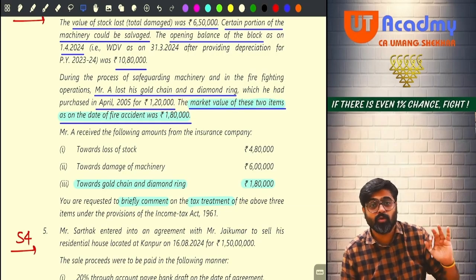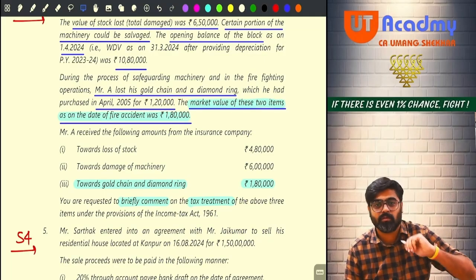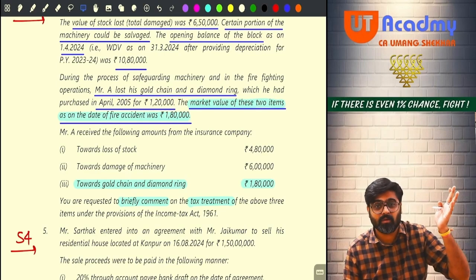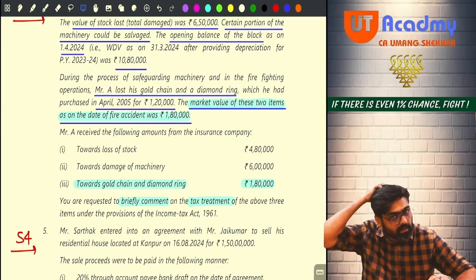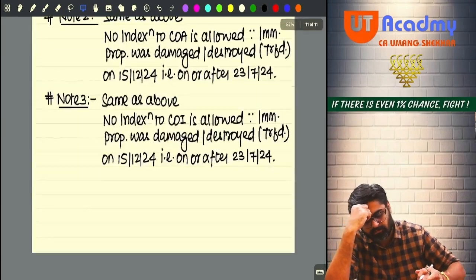Forget about suggestion. You should know for your client what will happen for these amounts. If you will not know, then who will know? A doctor? You're a chartered accountant. As a CA, you should know the tax treatments. Come on, please pay attention.